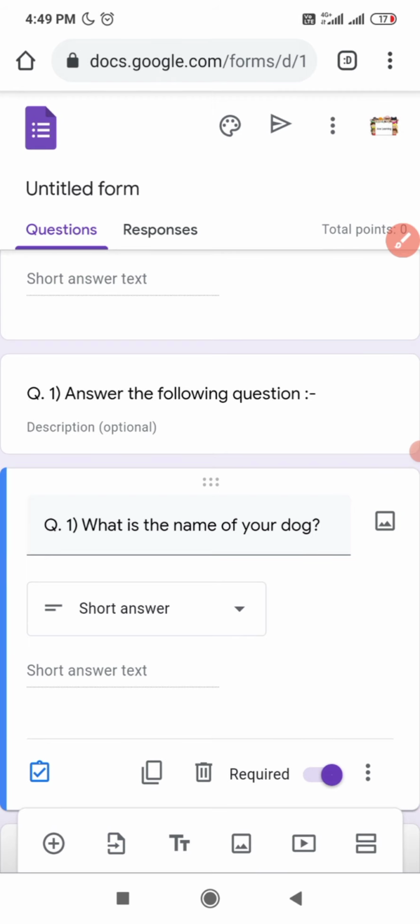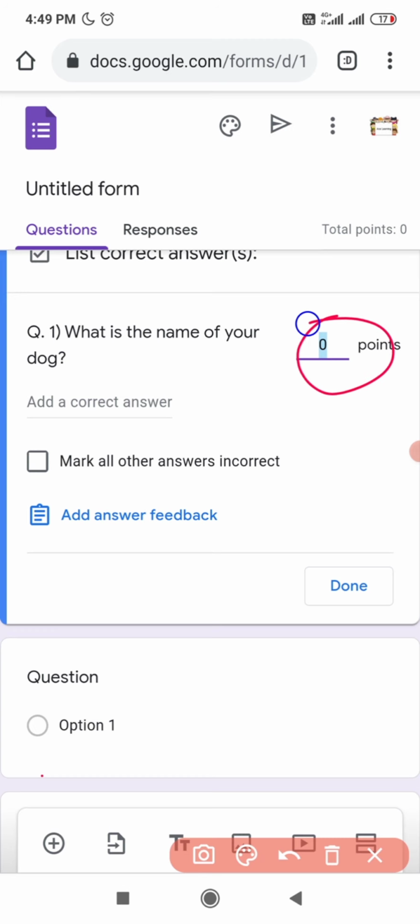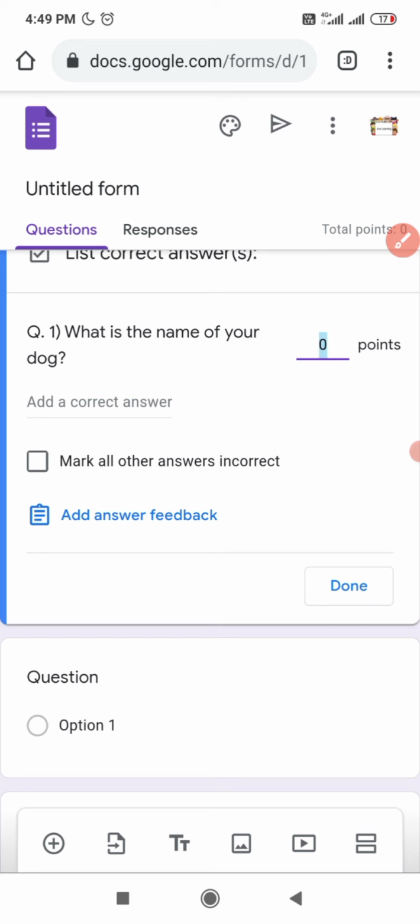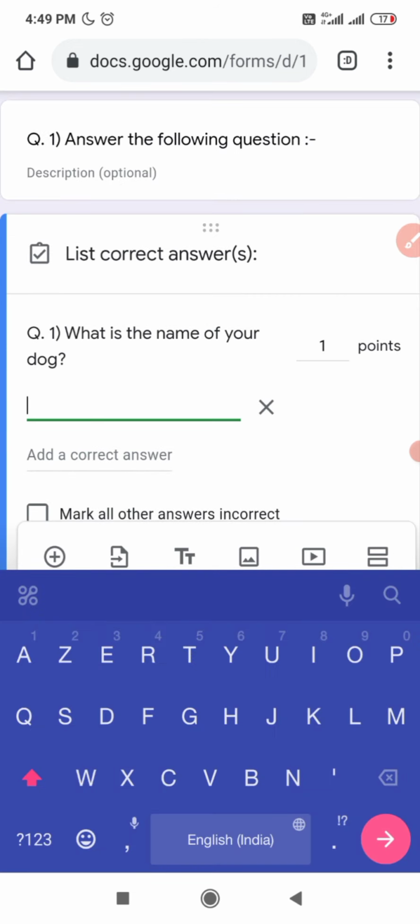You have to tap on that box. As soon as you tap, the points section will come, where you decide how much marks you want to give, and an add answer key option will come, where you have to enter the answer which you want the child to put. So I will add the point 1 mark and I will put the answer